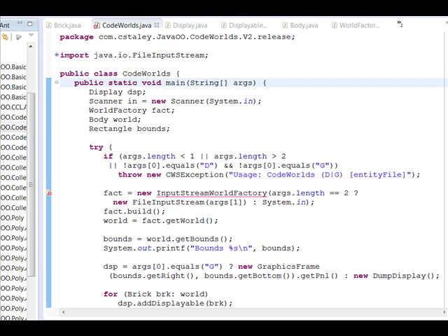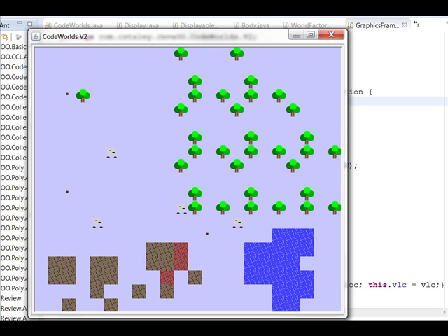This lecture describes the CodeWorld's version 2 or V2 project, which is a significant enhancement to the CodeWorld's V1 that uses many of the ideas presented in the preceding lectures. So let's start off, first of all, with a demo of what CodeWorld's V2 actually does. This demo constitutes an important part of the spec, really, since user interface is best described by a video rather